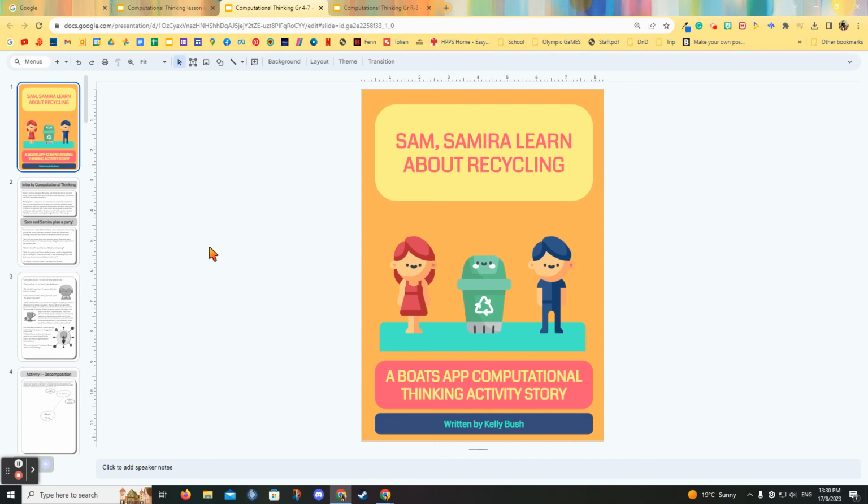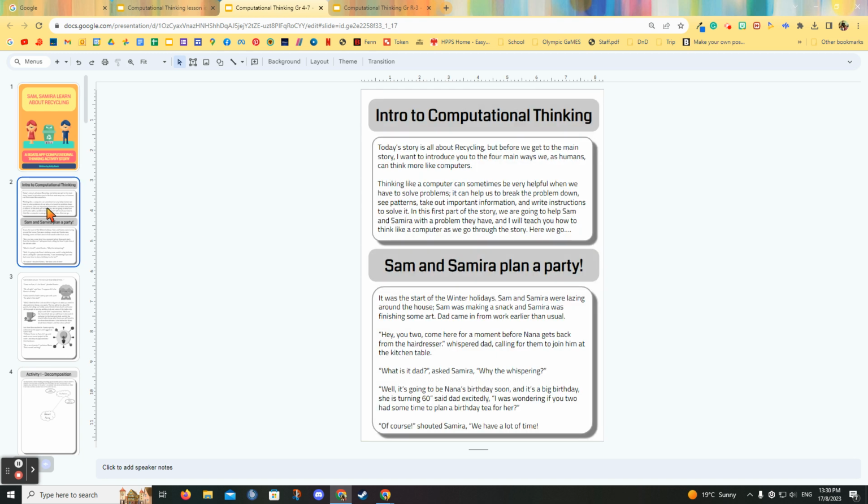Okay, here we are looking at the computational thinking activities for the older grades. This set of stories is all about recycling. Again, there is an introduction over here where they're looking specifically at the 4 areas of computational thinking. This one is in the context of planning a party. I thought that this was something that the older learners would be able to connect with and something that they